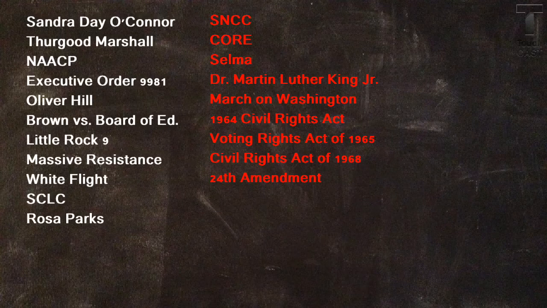Different states passed segregation laws at different times and different years, but by the early 20th century, all Southern states required by law racial segregation in public facilities and had denied almost all African Americans the right to vote. Okay, and in practice, the separate facilities, which were always separate in the Southern states, were never, if ever, equal. Okay? So in 1909, an interracial group of reformers organized the National Association for the Advancement of Colored